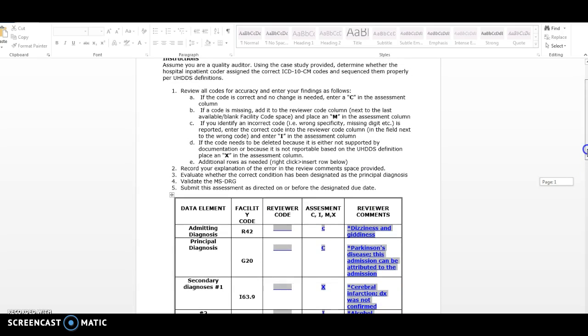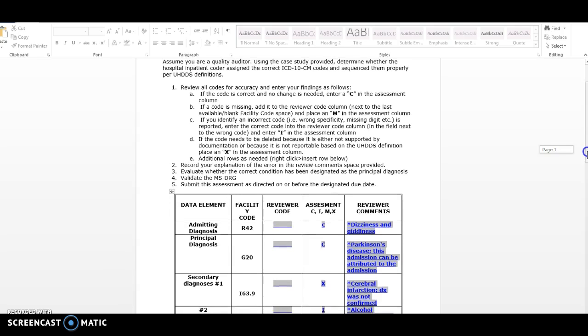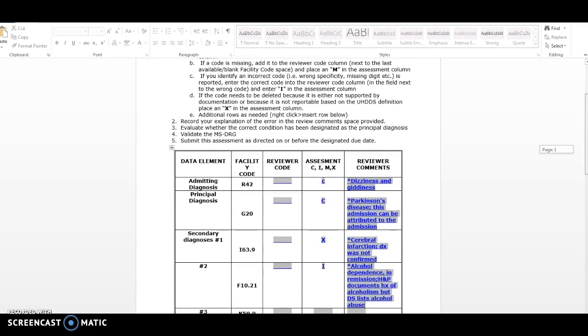So going back up, I represents, if you identify an incorrect code, okay? So this was coded incorrectly by the coder, all right? So because, again, the specificity is a little bit off, because if you were reading this, you may think that we should give this like a history code or somewhat,